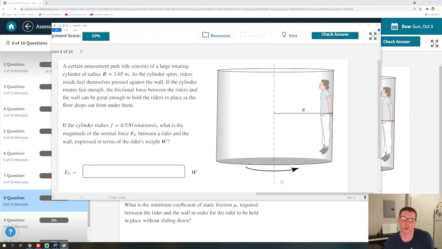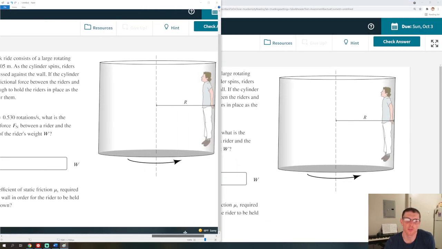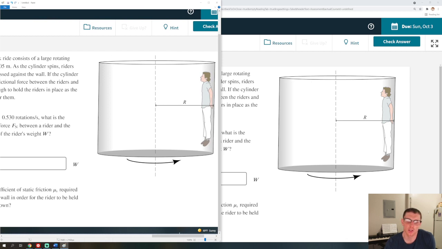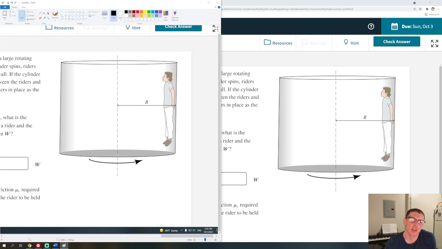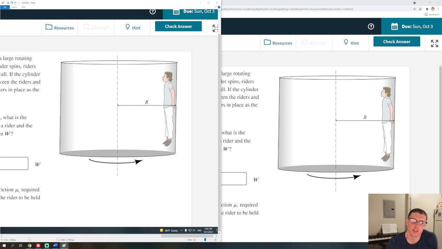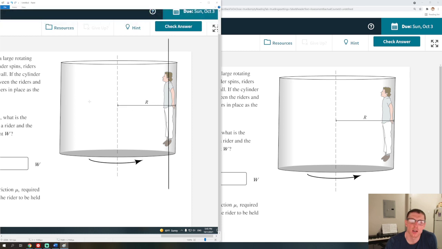Cool. Okay, so what about this one here then? We want to do the same thing, right? We want to define our centripetal and y directions again. I'll just put this in because I think this is exactly the same as the other one in essence. The guy is to the right here, so we know the centripetal force must be pointing to the left, and so it would make sense that we identify our